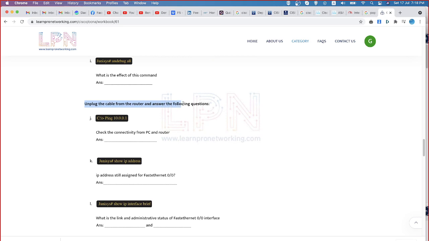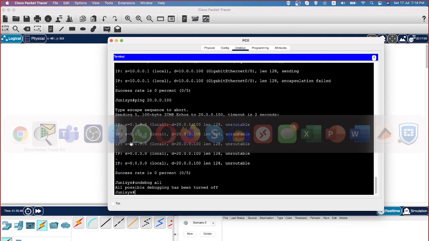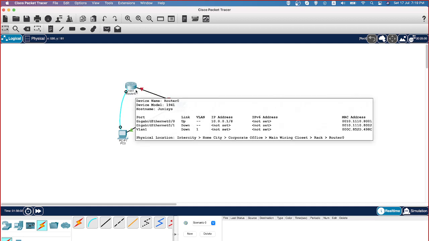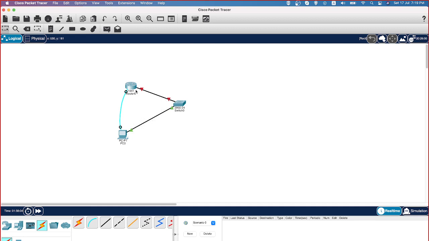Now unplug the cable from the router. Then answer this question. Now what I'm going to do is go to the router, and the cable is going to be unplugged. See? I'm just unplugging the cable. I'm just plugging it into a different interface altogether. Logically, what happens is the actual interface that we have configured has been